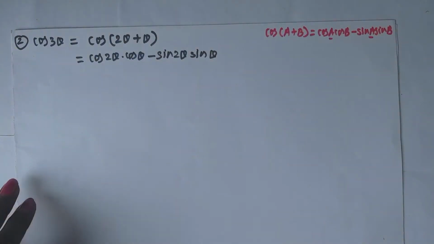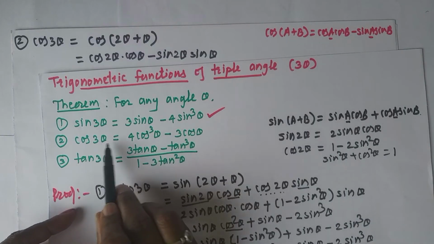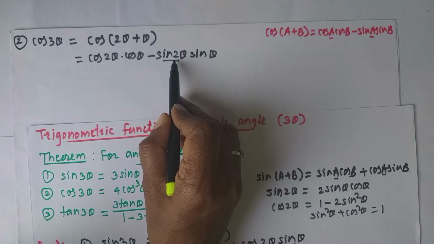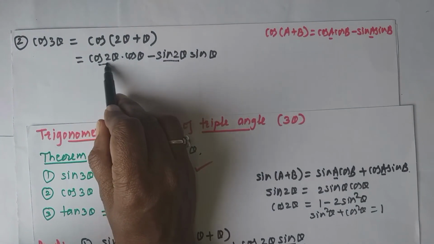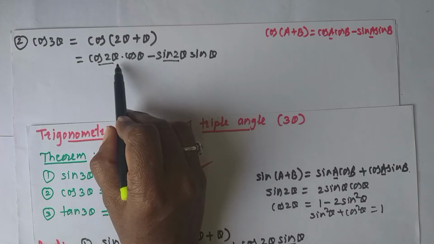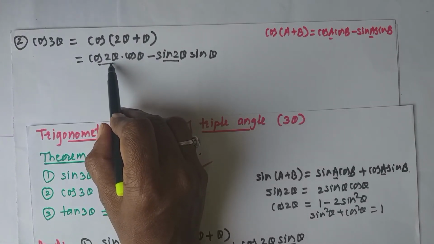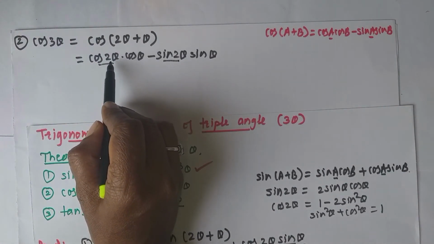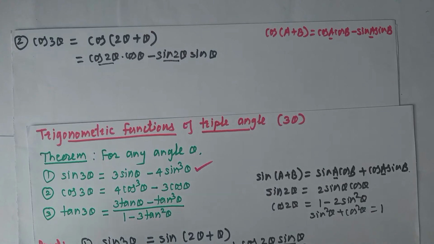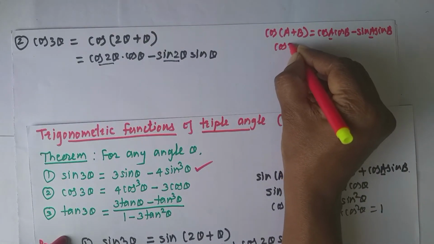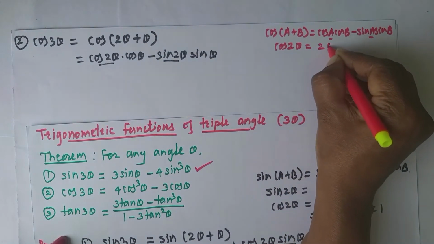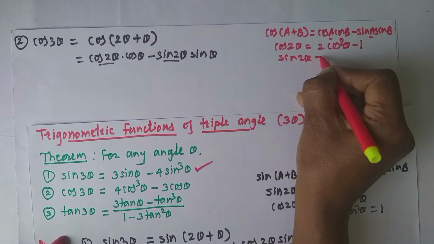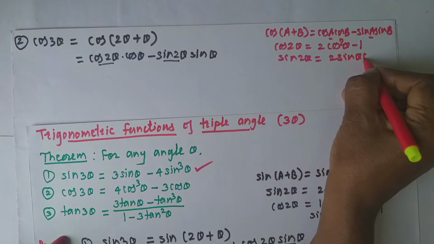Now, see, in this theorem, on the right hand side, there is only cos theta. Therefore, I have to use here the formula for sin 2 theta and again the formula of cos 2 theta. But we have seen 4 formulae for cos 2 theta. And as on the right hand side there is only cos theta, therefore I will use the formula of cos 2 theta which contains only cos. And what is the formula for cos 2 theta which contains only cos? That is 2 cos square theta minus 1. And for sin 2 theta, I will use the formula 2 times sin theta cos theta.